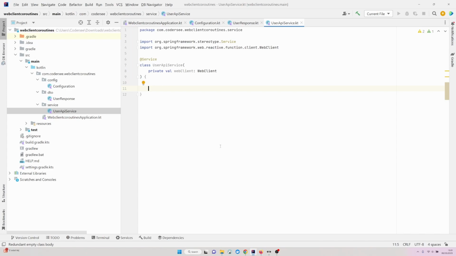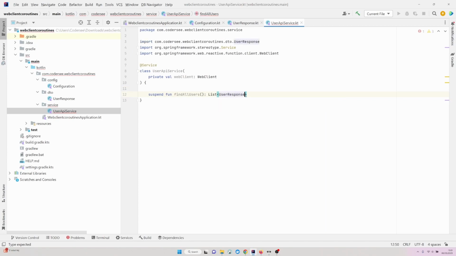So with all of that being prepared, we can finally implement our first function. I will call it findAllUsers. So let's start with suspend fun findAllUsers, and the response type will be a list of UserResponse. UserResponse equals, right now let's go with webClient.get in order to specify the HTTP method we will